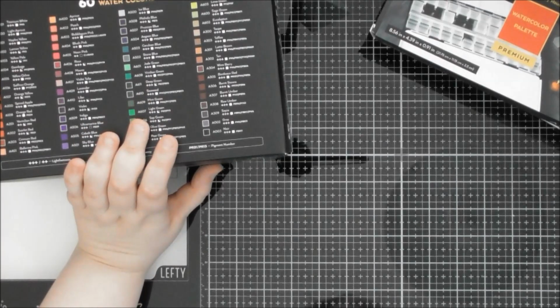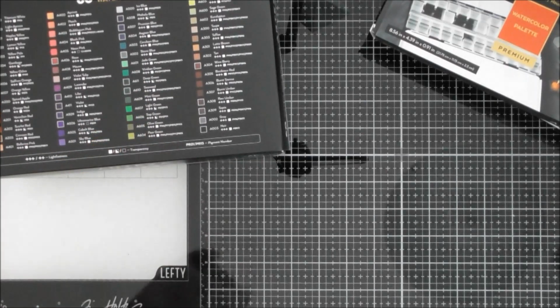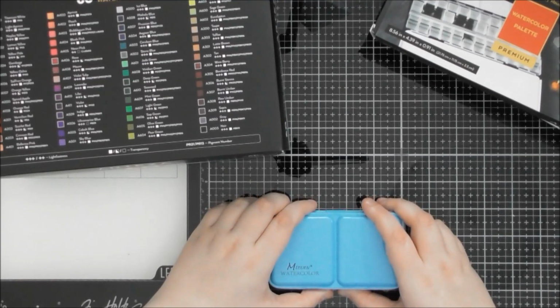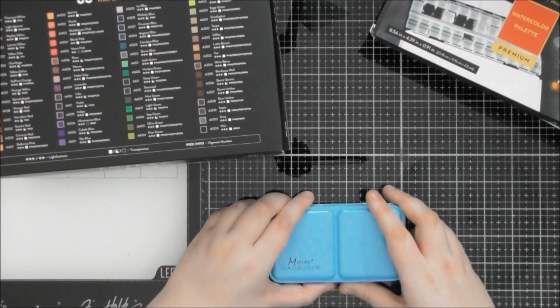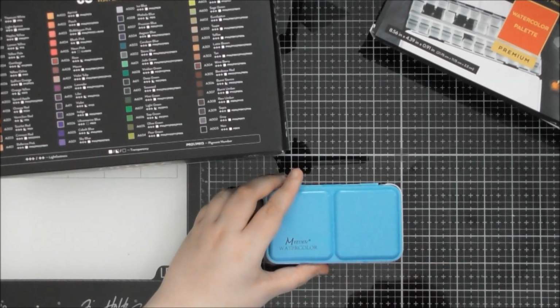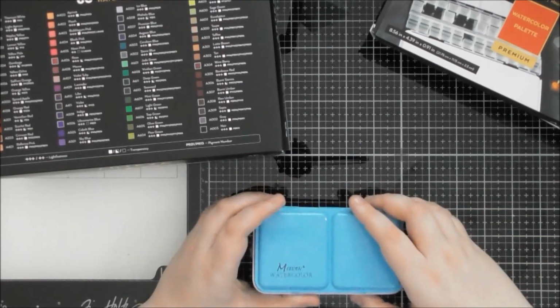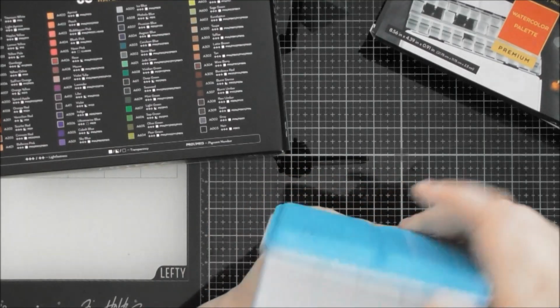So the other palette, this was when I was going down the rabbit hole of warm yellows and warm reds and cool reds and warm blues and cool blues and the pigment numbers and all that kind of mixing stuff. So I tried making myself a little palette that just has yellow, red and blue, which are the primary colours,